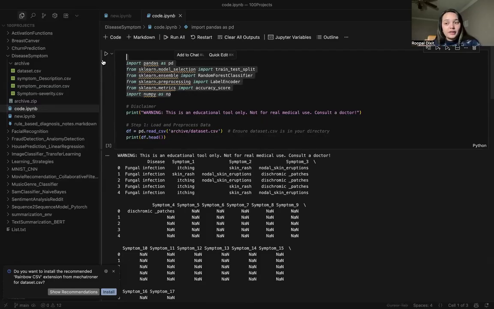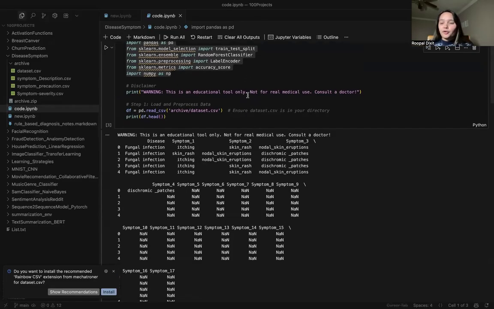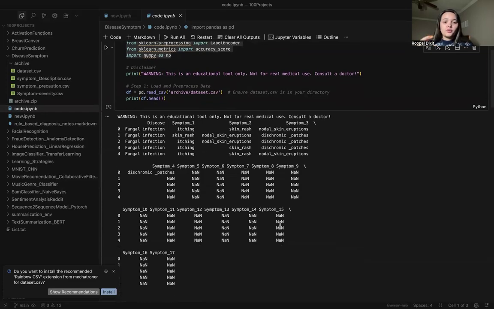We are importing these libraries: pandas, sklearn model selection, and sklearn ensemble models, which are the random forest classifier that we will be using today. And we are using the label encoder that we have discussed in our previous videos, what it looks like and what it actually does. It converts words into a numeric format and categorizes them. For example, if it's fungal infection, you can give it the number 1, and replace all the fungal infections with 1. Then sklearn accuracy scores, we definitely want the evaluation metrics to understand how much the prediction is being done. Is our model able to train properly or not? Is it able to test properly or not? So we need those things.